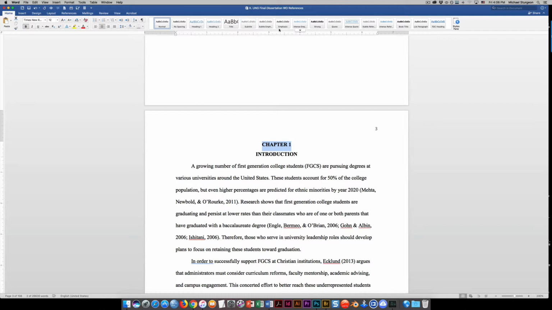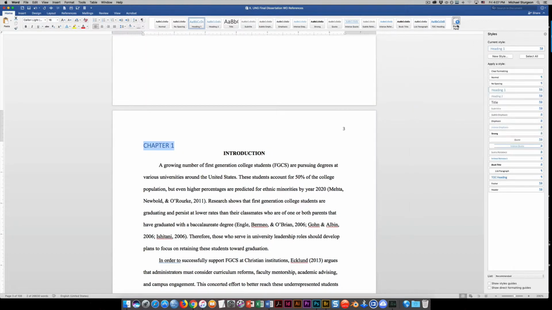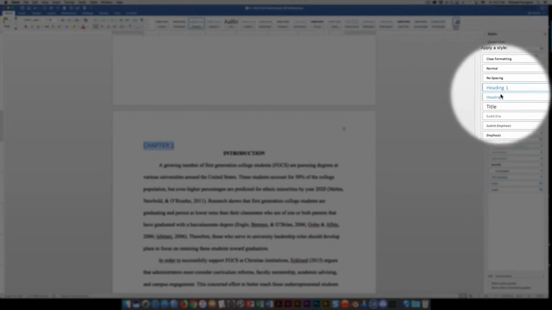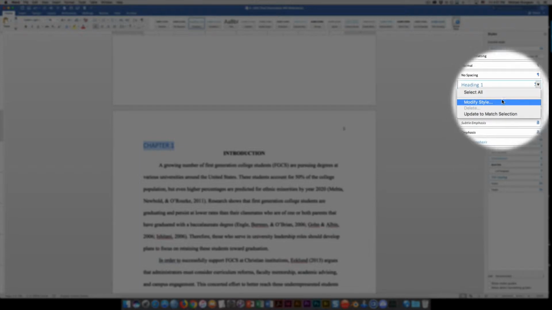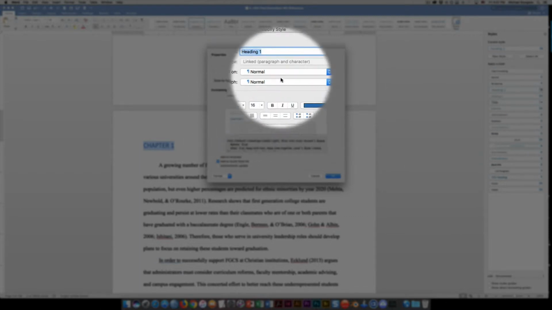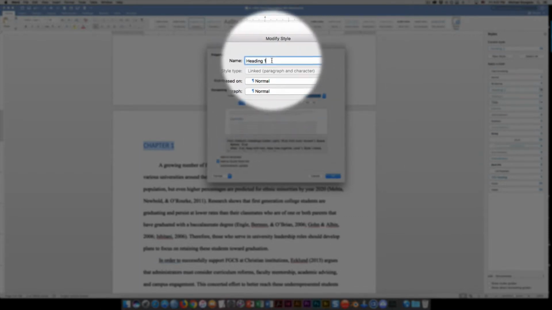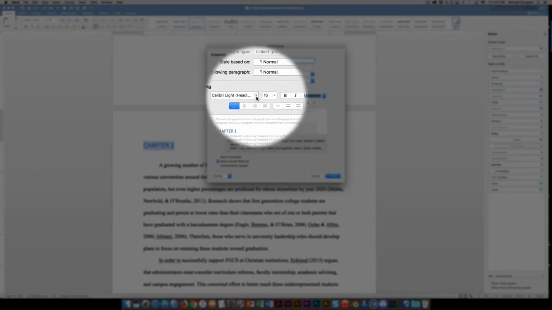I'm sorry, header 1. So in header 1, we can click it and we could say that's not the style I want it to be. I don't want it to look like that. What I want header 1 to be, I'm going to modify the style over here, and I'm going to say I want it to be header 1 APA. How's that? And then I want it to be based on normal, and it has to be